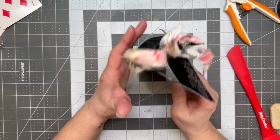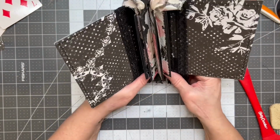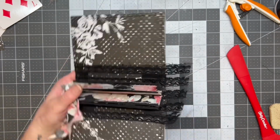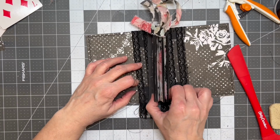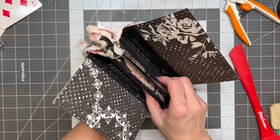So cute, so cute. Will I trim this down? Maybe. I might even just get this in my, I don't know, can I put that in the sewing machine? Look what I did. Jeez Louise. Okay, but I sewed across that. That's what I wanted to do. So, well,